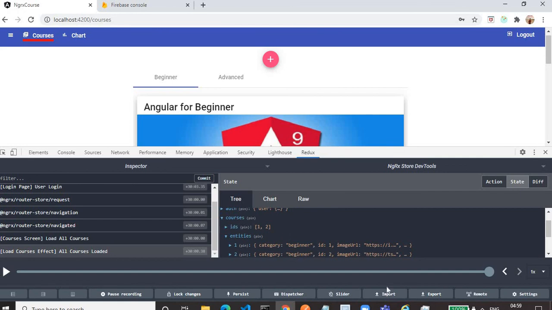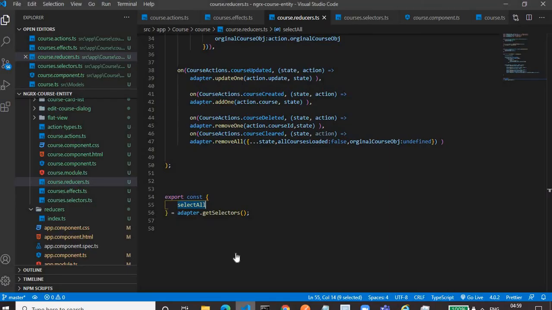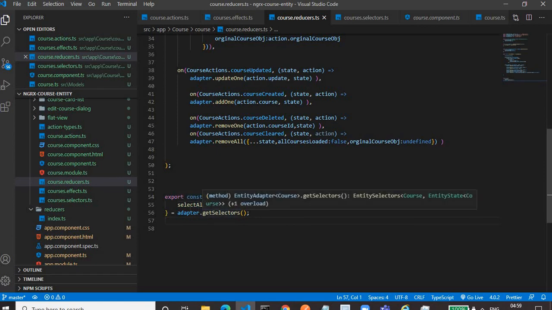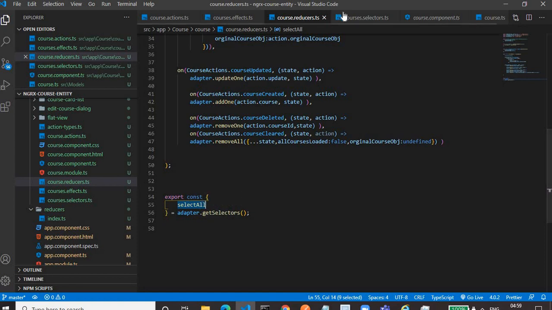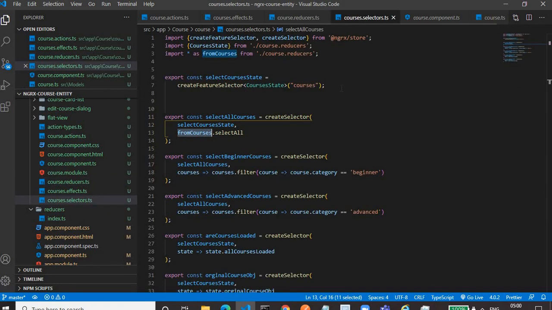This is only available if we call the getSelectors function, and it will return an object having the property selectAll. We are exporting this selectAll property and accessing it here by importing everything from the reducer, which is in fromCourses.